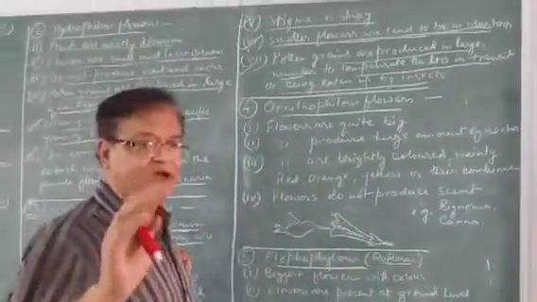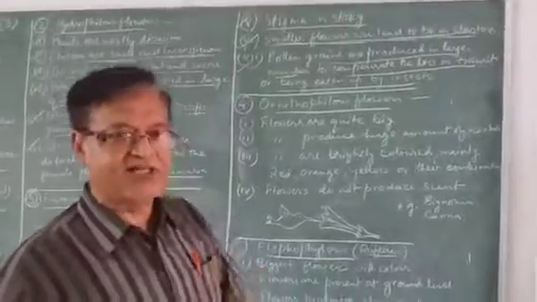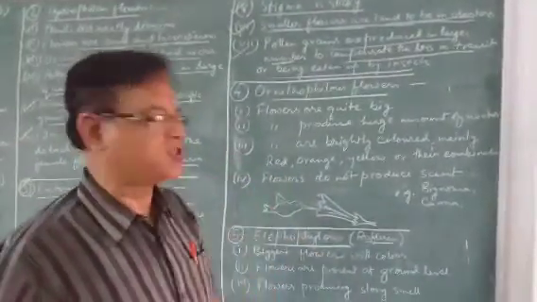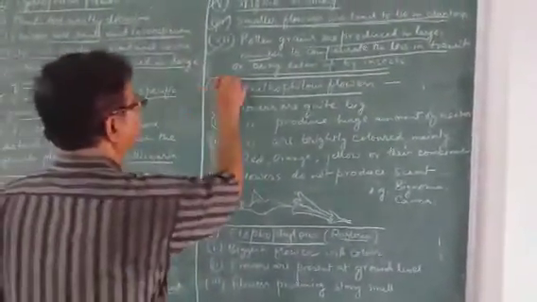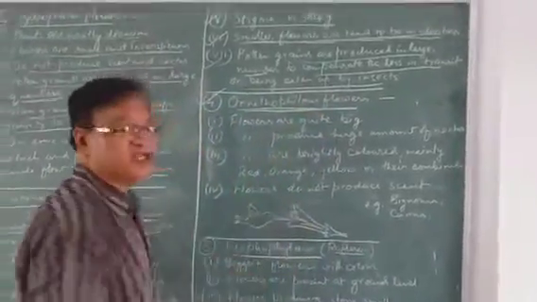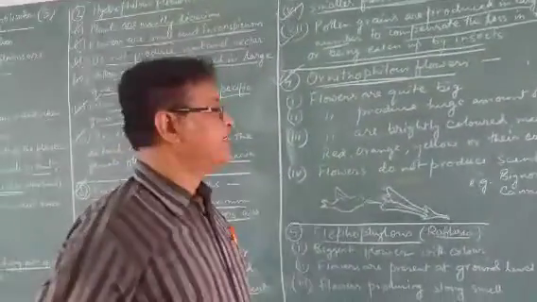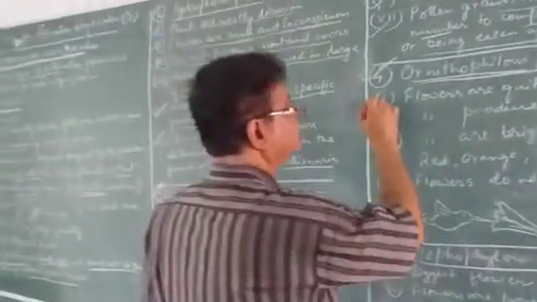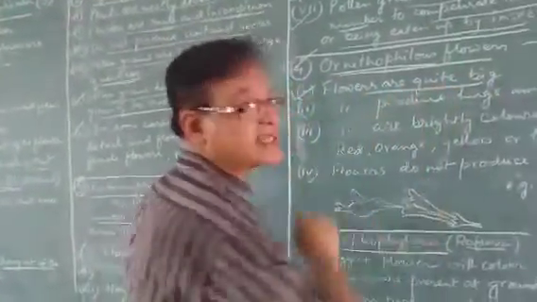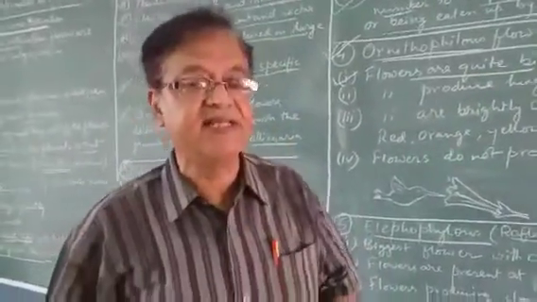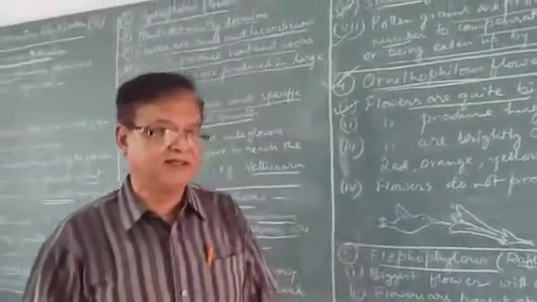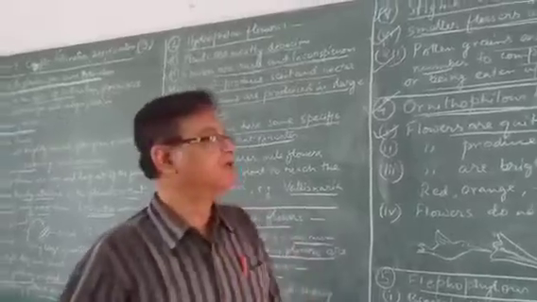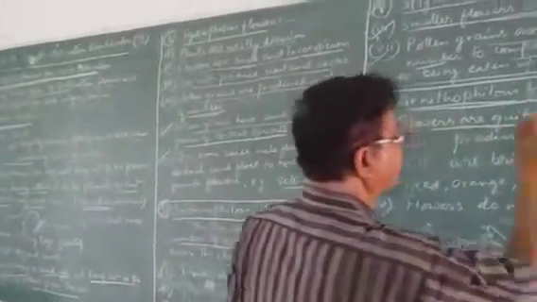Other than this, there are two more which are quite interesting, though there are not many characteristics present. Ornithophilous flowers means bird pollination. Birds are a specific type of animal. The characters of the flowers are: the flowers are quite big in size, because if they are not big, they will not be visible to the bird. So visibility is important. That's why the flowers are big in size.